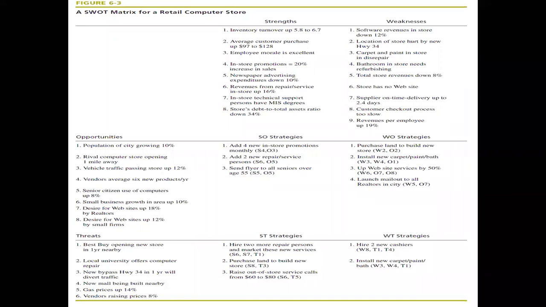They can be developed at the functional level. And we are just looking at a small setup, which is just a retail computer store. The people at the retail computer store are planning to craft their strategic options. They are formally planning and looking at what options are available to them in the light of their strengths, weaknesses, opportunities, and threats.